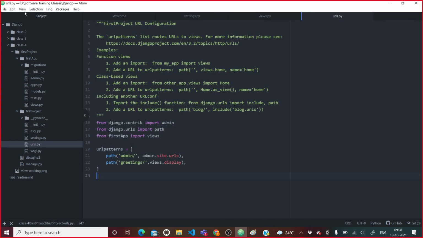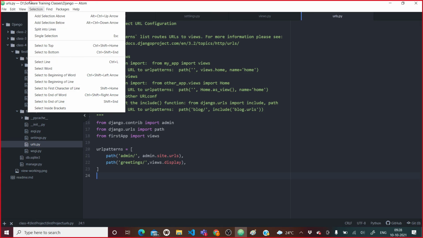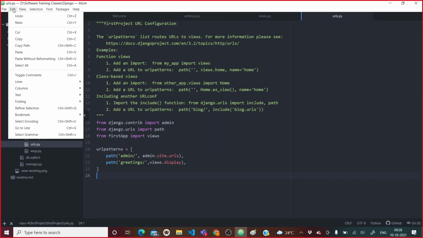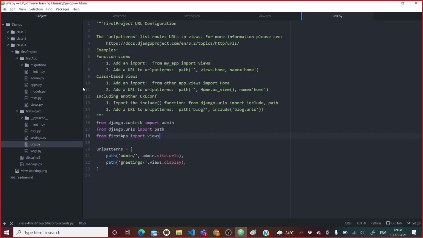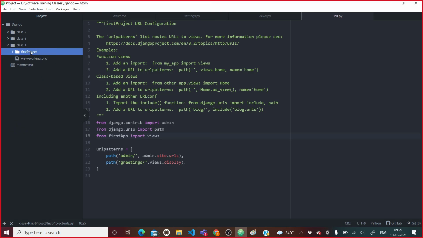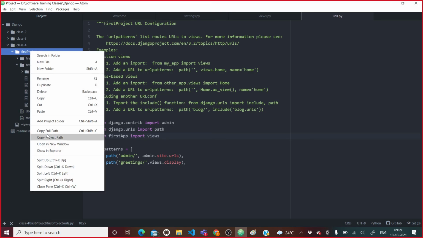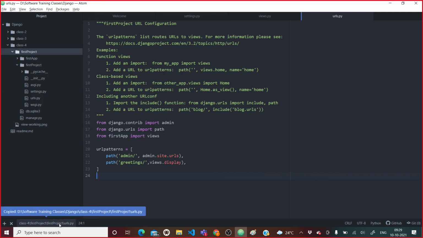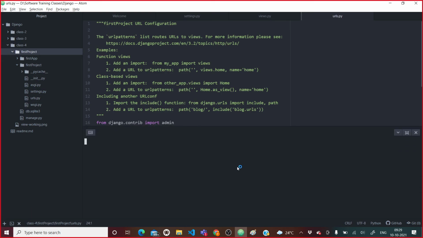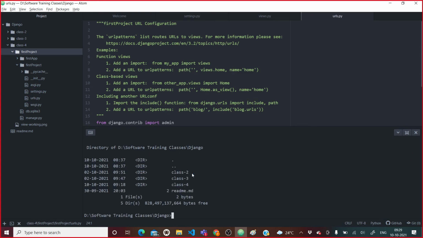I forgot how to open the terminal here. Okay, so I will say cd class 4.